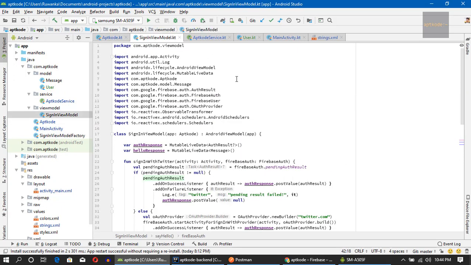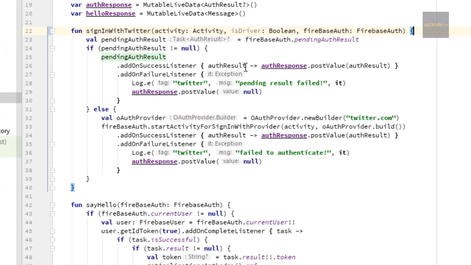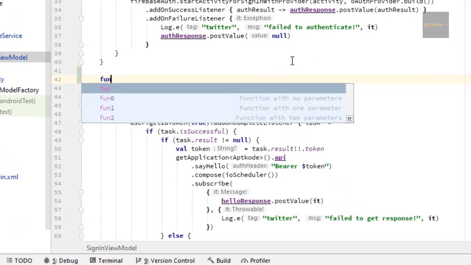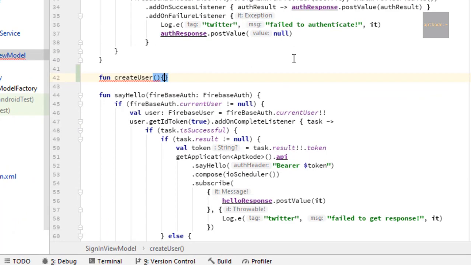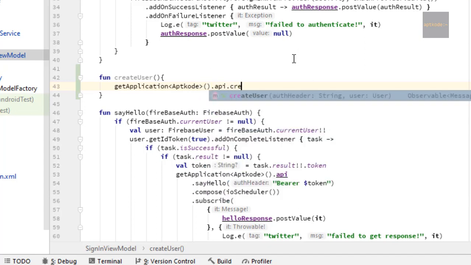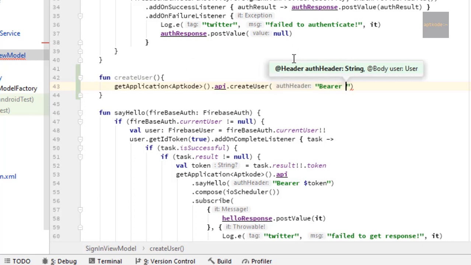Okay, so in the sign in view model, now we can call that create user once we got the auth response. So I'm going to write a method called fun create user, and I need to get the application of AppCode and get the API and then call the create user. So we need to pass the bearer token here. We need to place the ID token here. So for the user, we need to create a new user